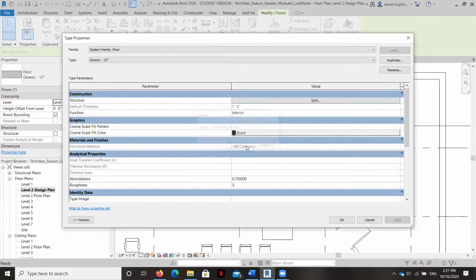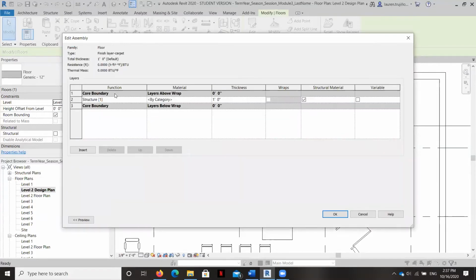Now we're going to change the thickness. Right now it's 1 foot thick, and that's the structure, but we're going to change this from structure to a finish. And we're going to change the thickness from 1 foot to 1 inch. We're going to uncheck this box and hit OK.